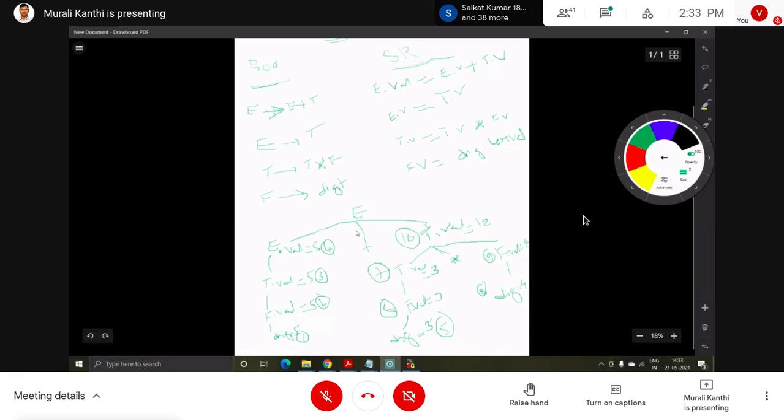So now, okay, now T, E are there. Now E has to take the value from its children by performing the operation. So E dot value equals what? 5 plus 10. So 15. Okay, 15 is the value. Now this root E is taking this 15 value from its children, by synthesized attributes. So now E has taken 15 as a result from its children.